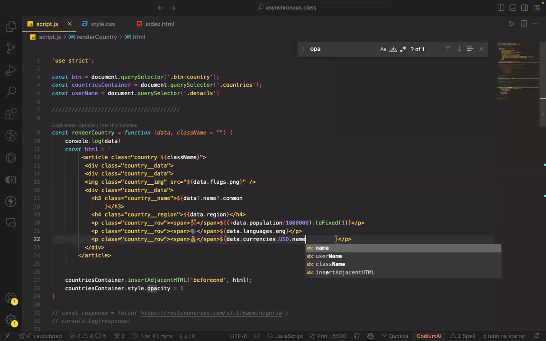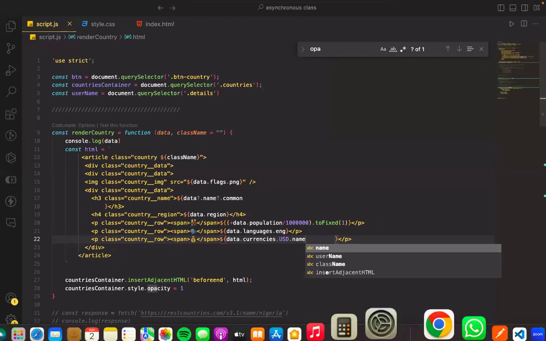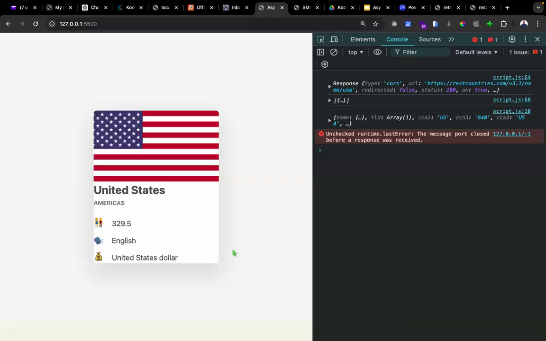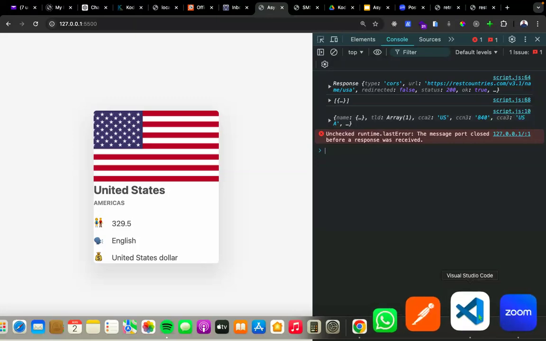So this is how you render details on the screen from your API call. You can see that it has given us all the details that we want. Does anyone want us to add any other details to it? Yes, please add something. So let's add